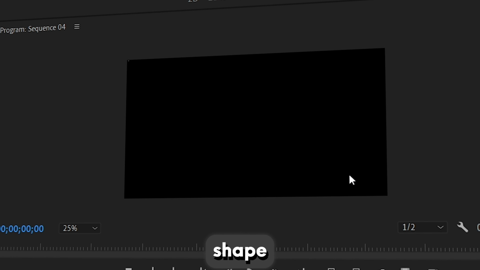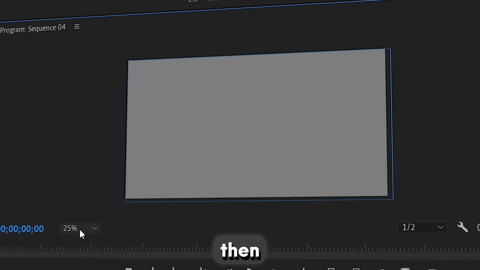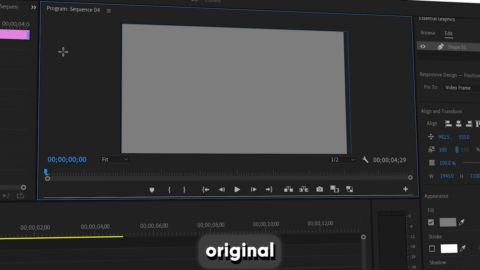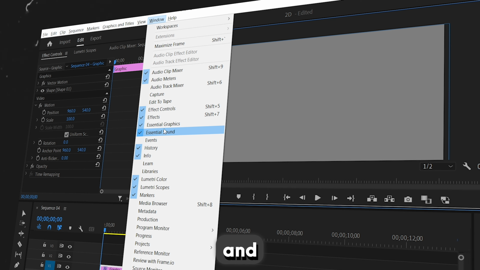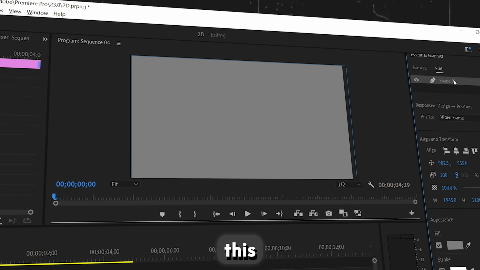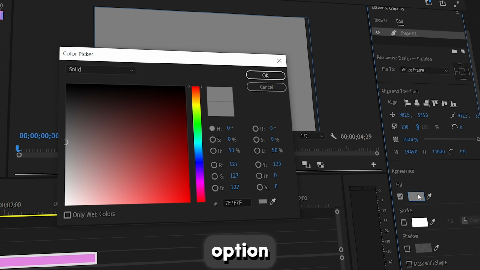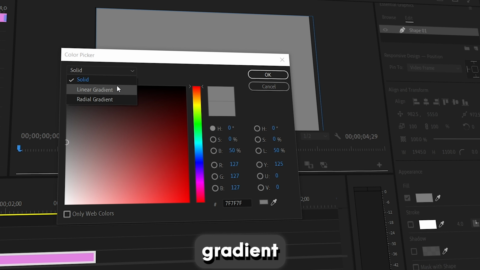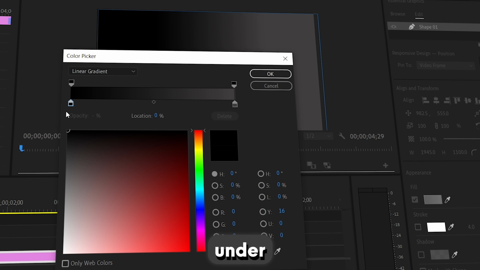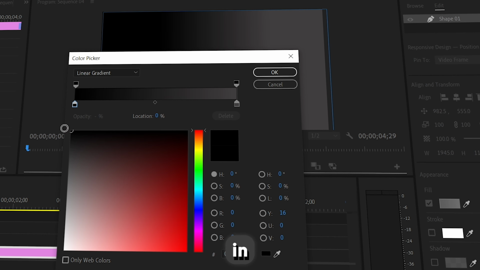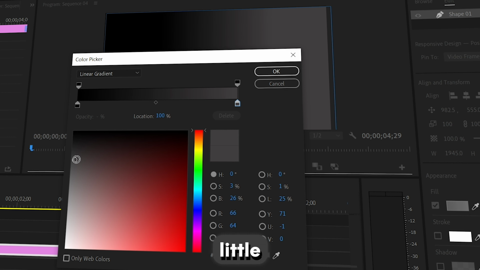Now we will create a shape that covers the whole screen, then set the program window back to its original size. Go to the Window option and select Essential Graphics, then click on the shape layer, go down a little, open the fill option, and select Linear Gradient in the solid drop-down menu. Here we will set this point in black color and this point a little to the side